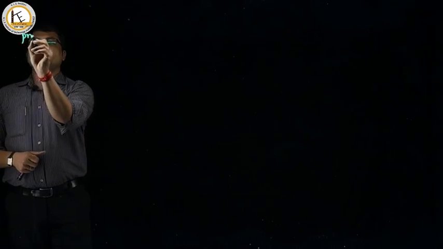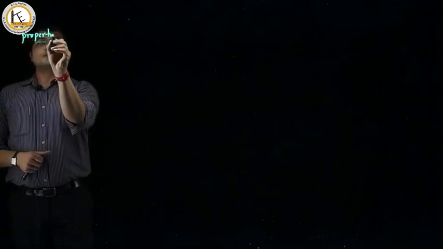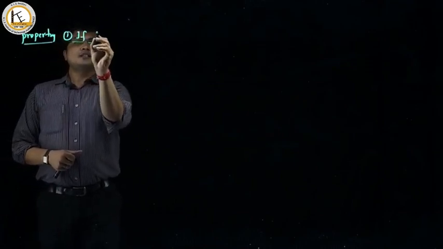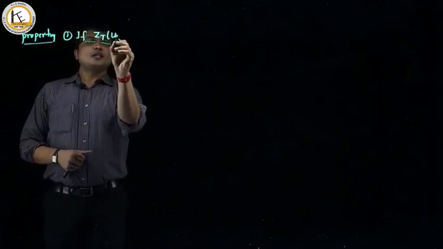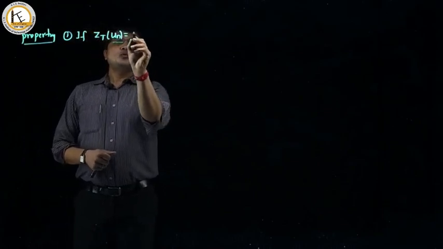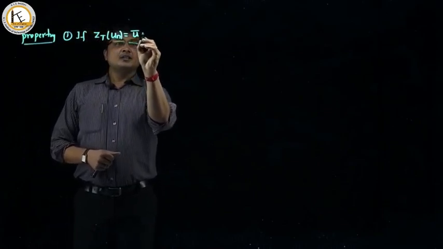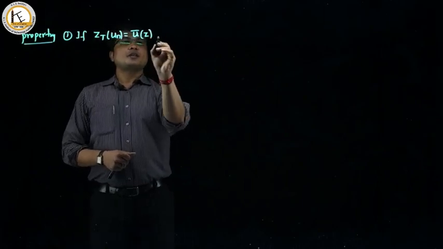So in this class, we will continue finding the Z transform of some standard functions, and also we study some properties of Z transforms. So we have a property: if Z transform of Un is equal to U bar of Z, then